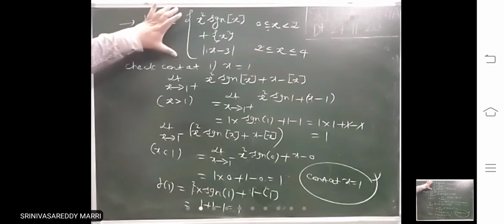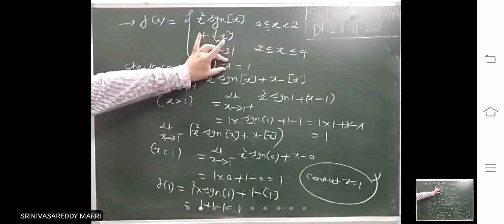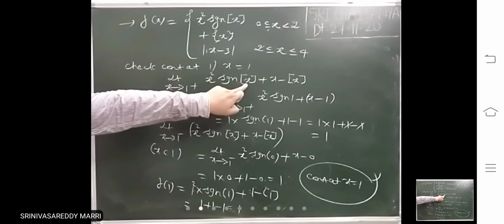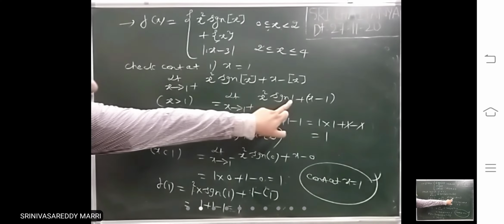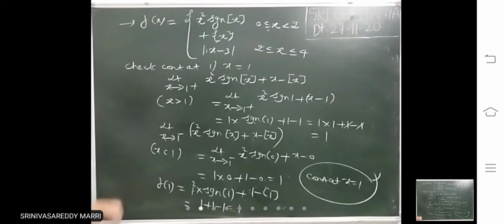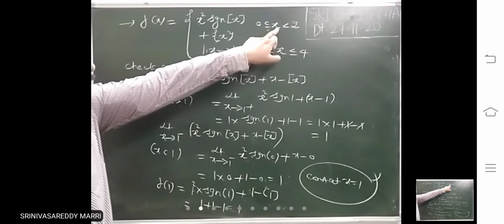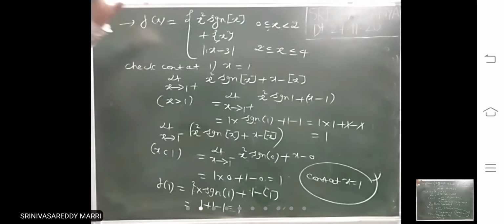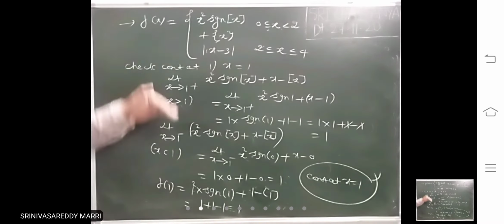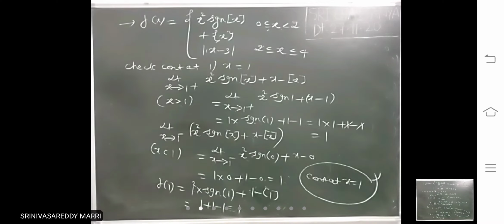Like that, a simple function may seem to be difficult, but at a particular point, if you have to calculate, this step x has one definition, write that definition. Then substitute. You can calculate the right limit, you can calculate the left limit. After that, f of 1, where x equal to 1, you substitute x equal to 1, then you will get that value. If these three are equal, the function will become continuous. Like the typical function also, you can calculate right limit, left limit, f of 1.